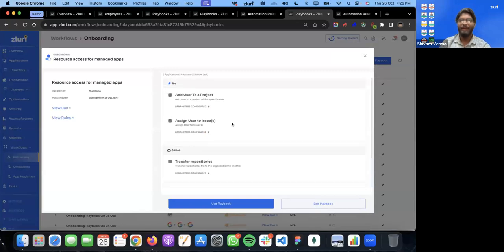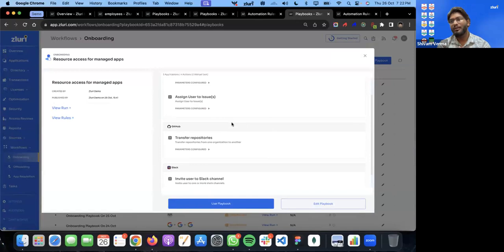So as you see, I have made a playbook over here. If you see in detail, for Jira, this is not just add user to Jira or remove user from Jira, but it's actually transferring all the issues to this particular person. Let's say I'm an engineer who's being moved into product. Let's say I'm changing my department to product. So I want to have access to the new projects that I'm going to control or the new tickets that I need to look at, right?